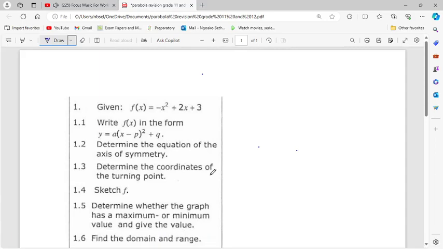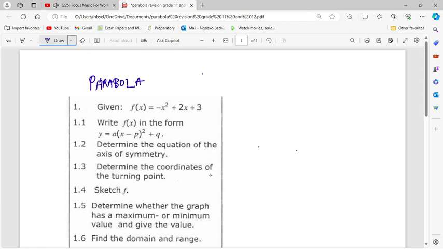Right, let's look at the question that is based on a parabola. So we'll try to answer all the questions that are being posed here. Now simply, let's say given f of x equals negative x squared plus 2x plus 3. So write the equation in the form of